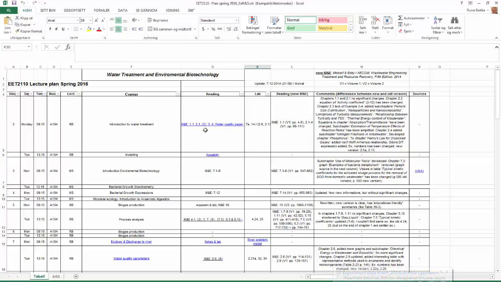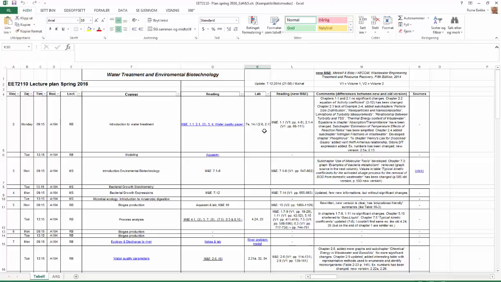However, notice there is a parenthesis around 2.2. So this is not something you need to know for the exam, but it's certainly something you should at least look through to more easily understand the next chapters. All right, notice also that we have something called lab, where, in this case, it's just homework problems from the book. So you just look into that and you practice